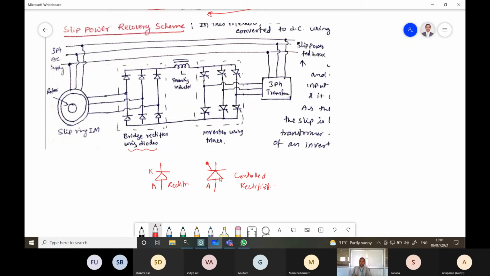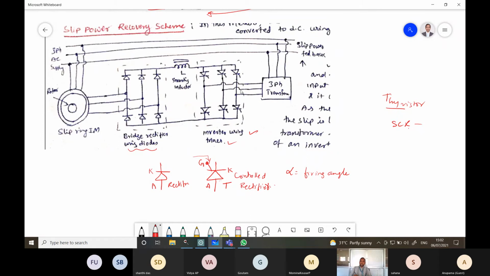So here this is the anode, this is the cathode, and this one is the gate terminal. We are applying the gate signal, and alpha is the firing angle that can be varied in the thyristor. This is the thyristor family. In that there are SCR, silicon controlled rectifier, and so many others. These thyristors are connected like this. You can use them in inverters and triacs and all those things.